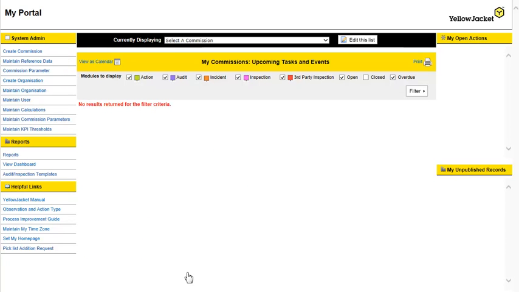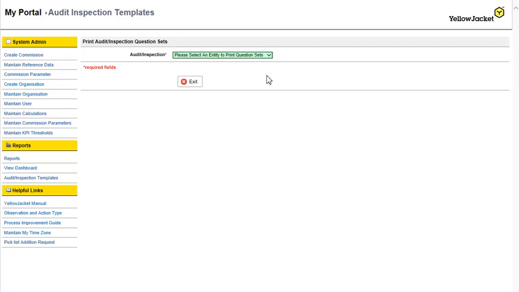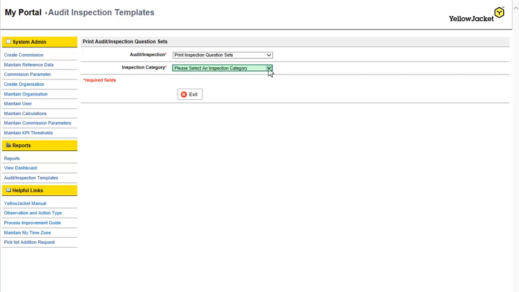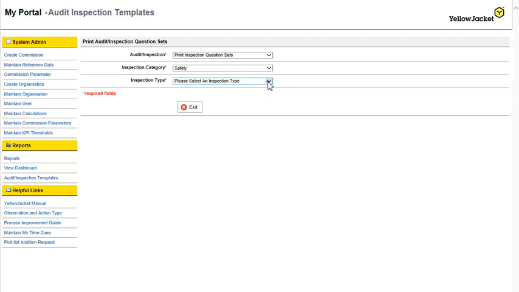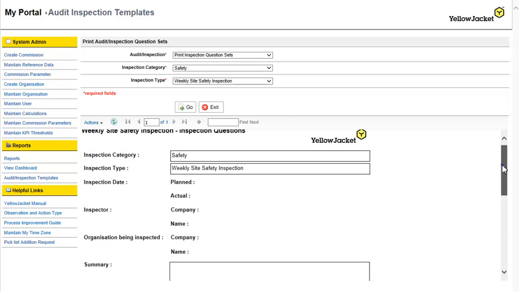Returning to the main My Portal page, if you wish to view your new inspection question set, click on the Audit Inspection Templates link here. From this page, select Print Inspection Question Set and select the inspection category for your inspection, in this case Safety. Any published inspections will then be listed in the drop-down list below. Select the relevant name and click Go. Once loaded, this will generate your inspection question set as shown here,